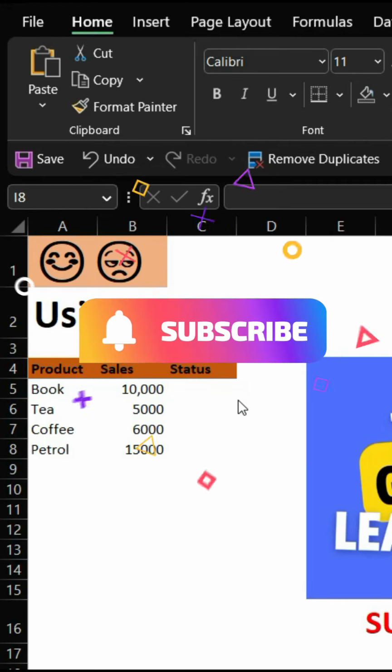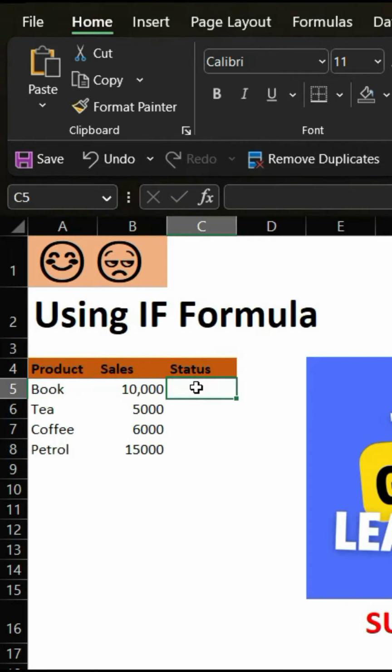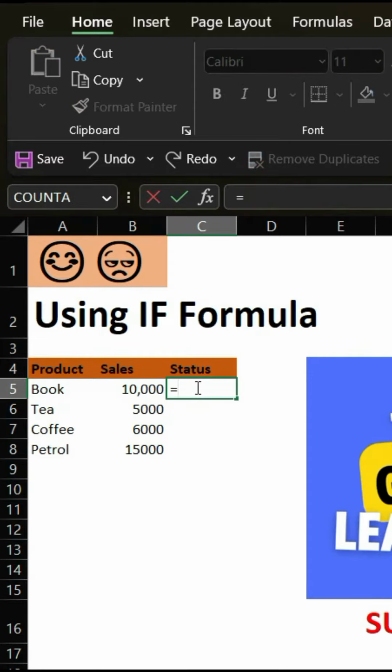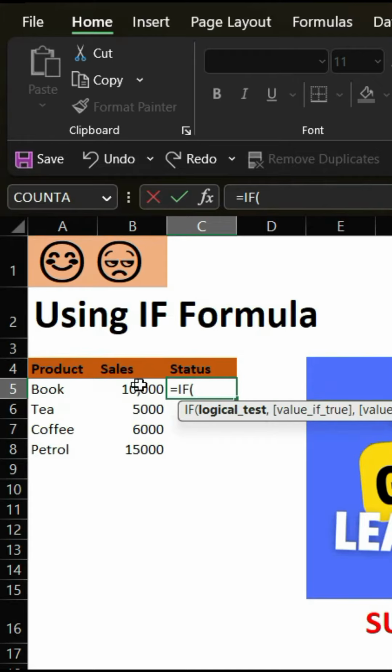So today I'll teach you how to use emojis using the IF formula, depending on whether your condition is true or false. All you need to do is enter the IF formula, equals IF, and select the value. So if this cell is greater than or equal to 10,000, all we need to do is